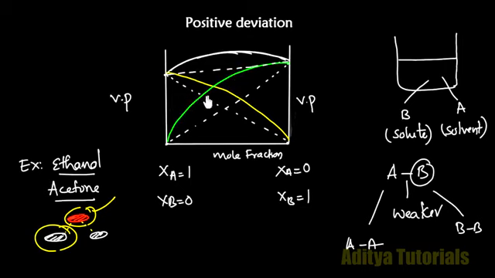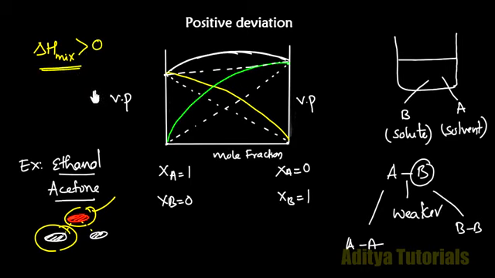Bond breaking is an endothermic process. In this case, bond breaking is an endothermic process. The energy needed is used up from the solution itself. Whatever the solution has, the bond breaking and bond forming is there, only that is used. Therefore, when you mix A and B, the mixing of components is accompanied by a decrease in the temperature. So therefore, in this case, delta H mix, the enthalpy of mixing, is greater than 0.